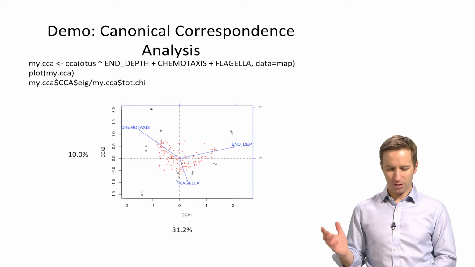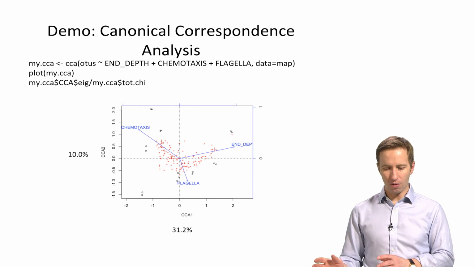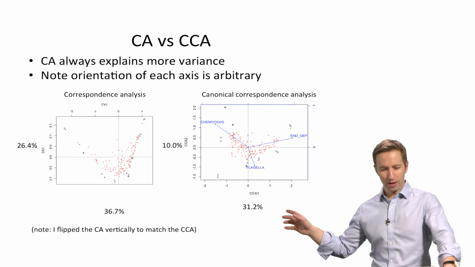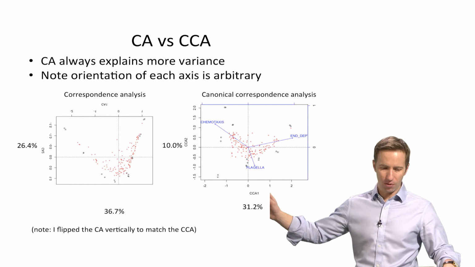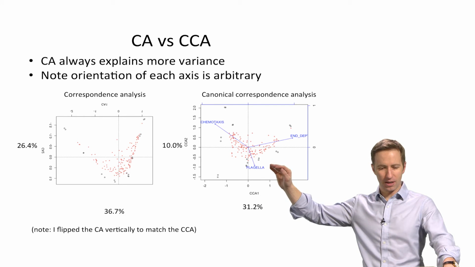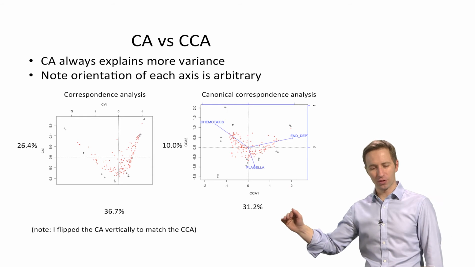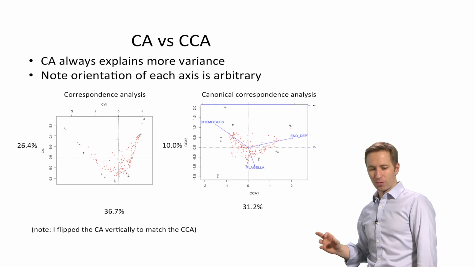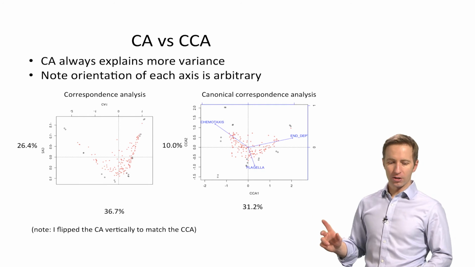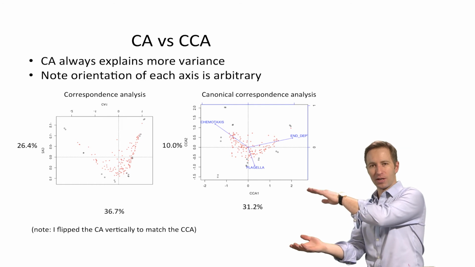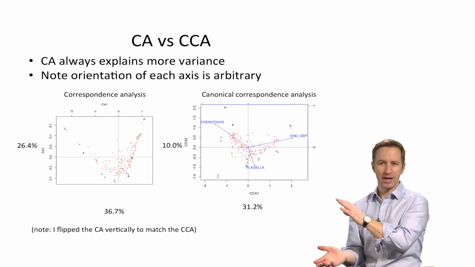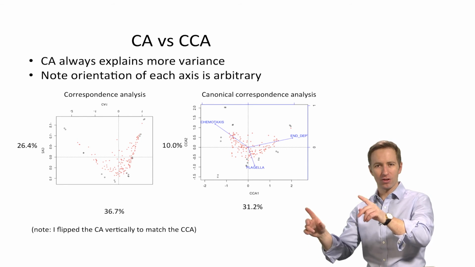And what we see is it's a substantially lower amount of variance explained. In this case, we had the actual numbers for the first one were 26.4 for correspondence analysis axis 2 and 36.7 for the first axis. Now we have 31.2 for the first axis, 10% for the second axis. So they've gone down substantially. Also note, I flipped the correspondence analysis axis upside down. Remember that the direction doesn't matter. I just did it so that it would kind of line up with the